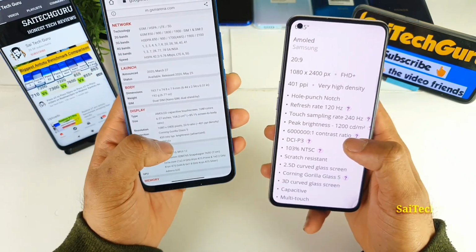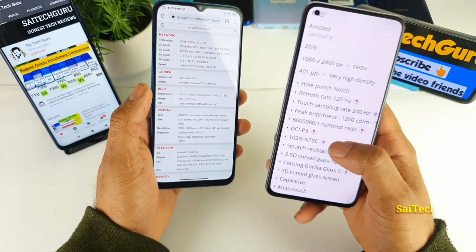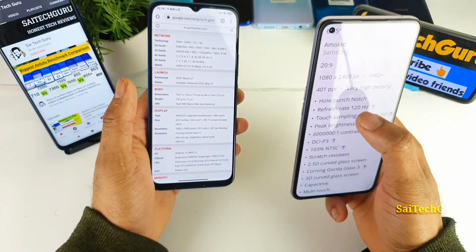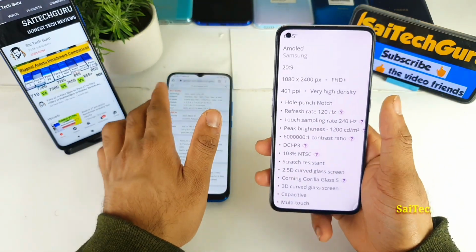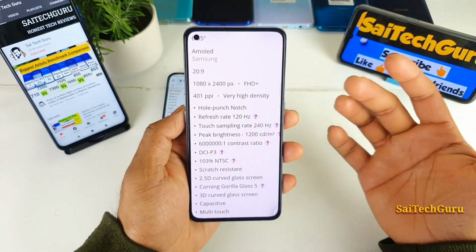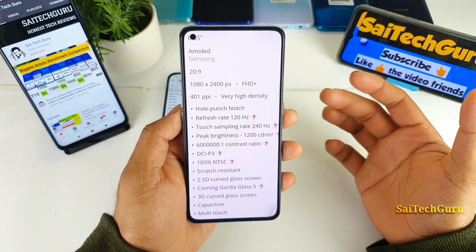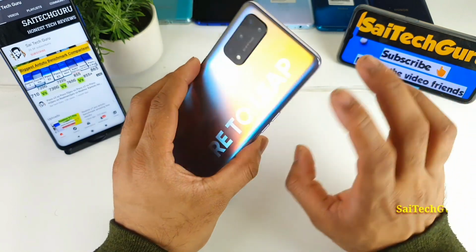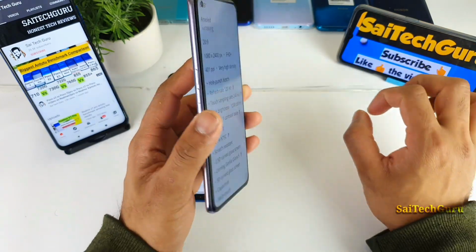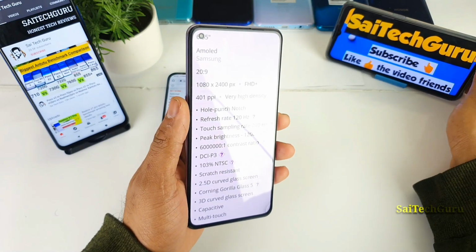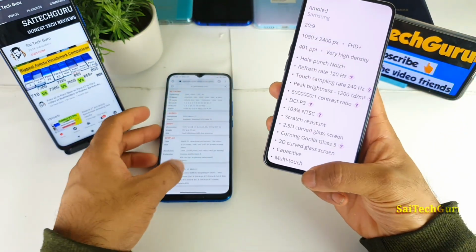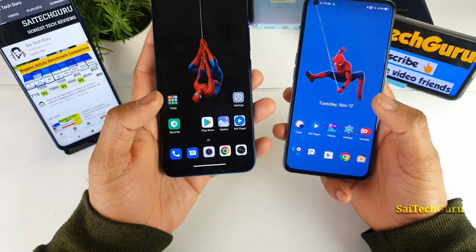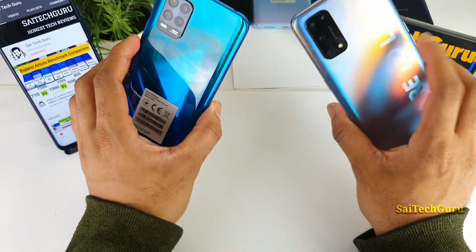Next is HDR10 Plus certified. This phone is also HDR10 Plus certified, but it is not mentioned here. It has the further advantage of a higher refresh rate and a higher touch sampling rate of 240 Hz. So definitely, friends, I can give a clear idea that the Realme X7 Pro will be the winner for gamers who love to use a higher refresh rate while playing games. Even in everyday tasks, you will feel it is very fast and smooth on the Realme X7 Pro.